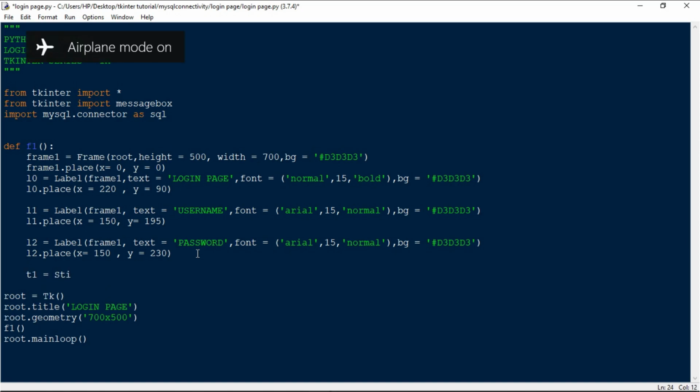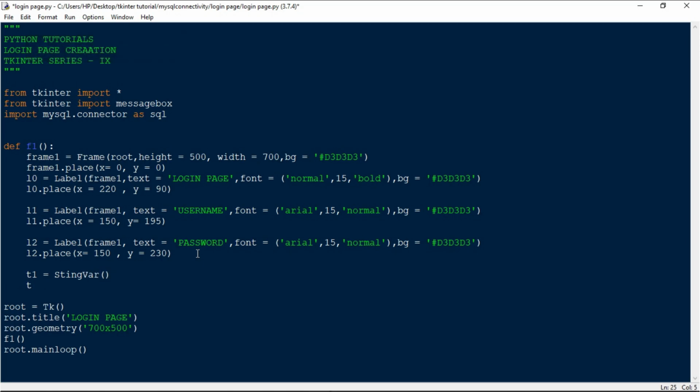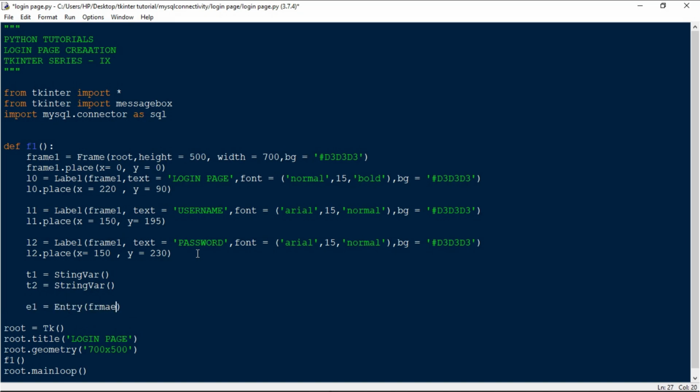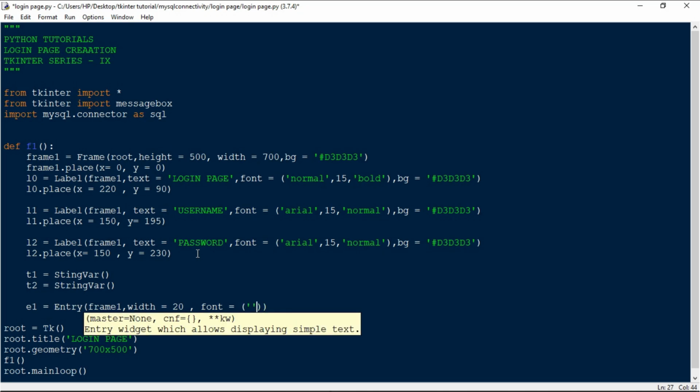So t1 equals StringVar and t2 equals StringVar. Then e1 for the entry field, Entry, we're going to place it inside frame1, and its width is going to be 20, and its font is going to be normal and 15.